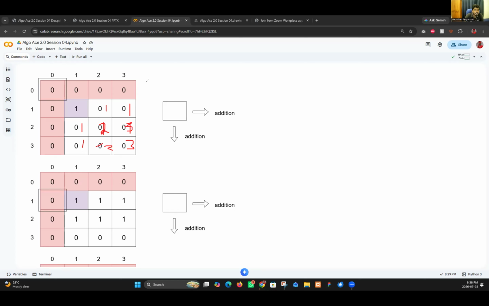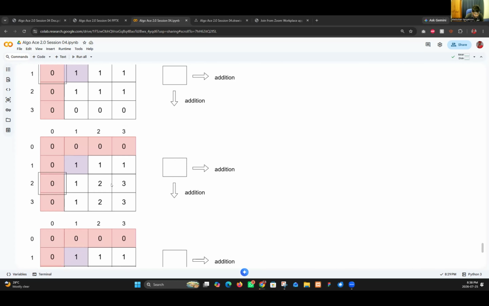So it should be like this. By going through that way, you can fill out the entire grid.